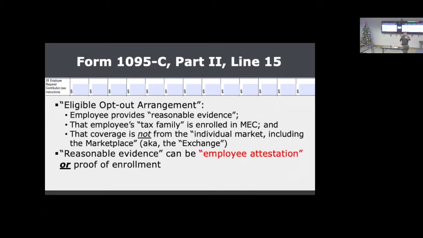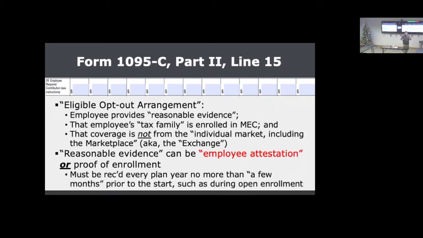So our recommendation for schools that use cash in lieu is to have this employee attestation form that you use, which has them assert all of these things are true. That puts the risk on the employee. That says if we find out you're lying and you don't have your tax family enrolled in your spouse's coverage at the co-op, we don't pay you the cash in lieu anymore, right? Because we can't pay you the cash in lieu without it hurting our reporting unless we know that we have an eligible opt-out arrangement. You have to receive that form every year